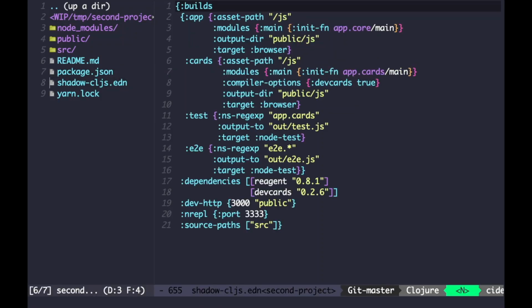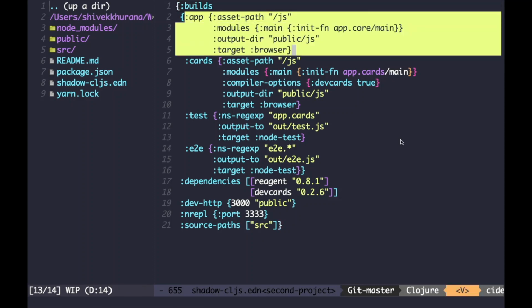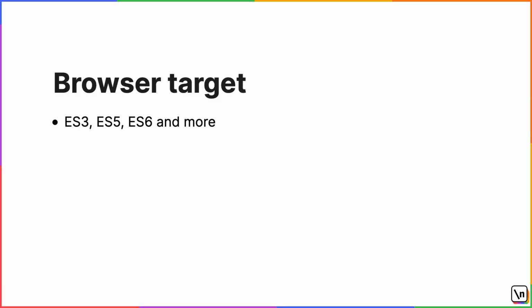configuration is responsible for compiling the app to run in the browser. Feel free to poke around the source and check app.core/main function. We will walk through the configuration next, but learn about code in later sections. The keyword browser as target requests Shadow to produce JavaScript code suitable for running in a browser. Shadow relies on GCC, which can produce ES3, ES5, ES6, and a few other versions of browser-ready JavaScript.